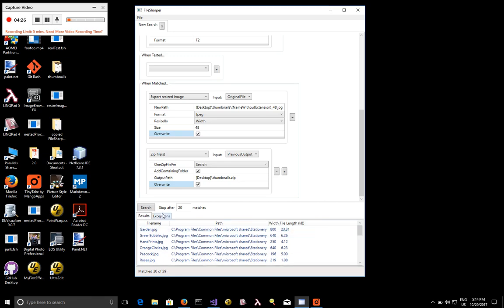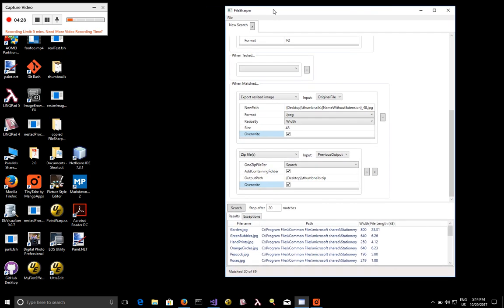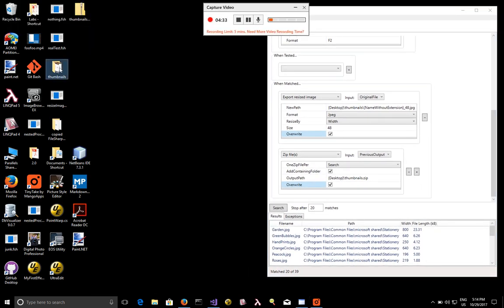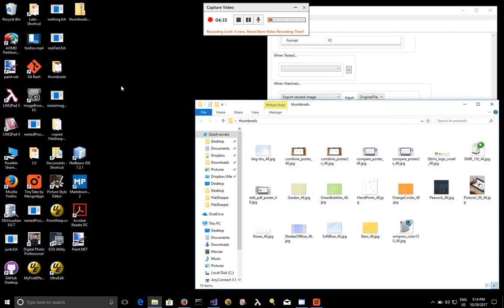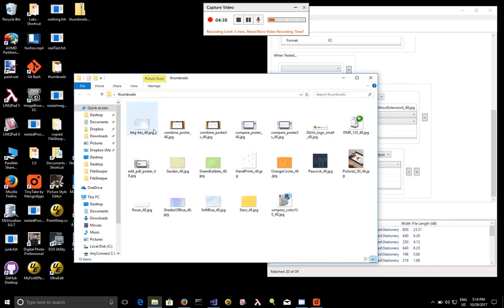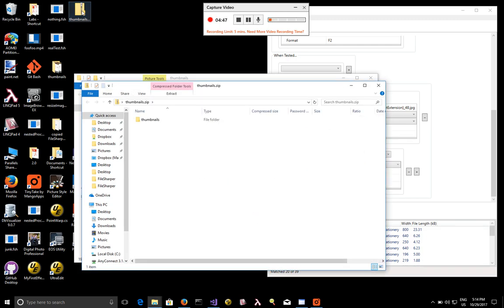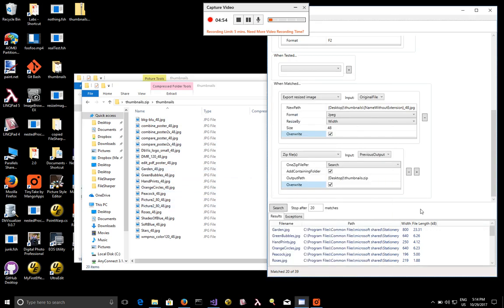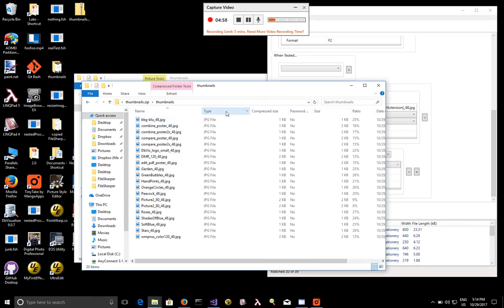It did stop. So I should be able to look on my desktop and find both a folder called thumbnails with a whole bunch of images in it, well, 20 images in it, all named according to their original file name with a 48.jpg on the end. I've got a zip file here. It has a containing folder called thumbnails, and inside there are all these thumbnails that I exported from their various original locations out in the file system. And that zip file, you could upload it somewhere and then